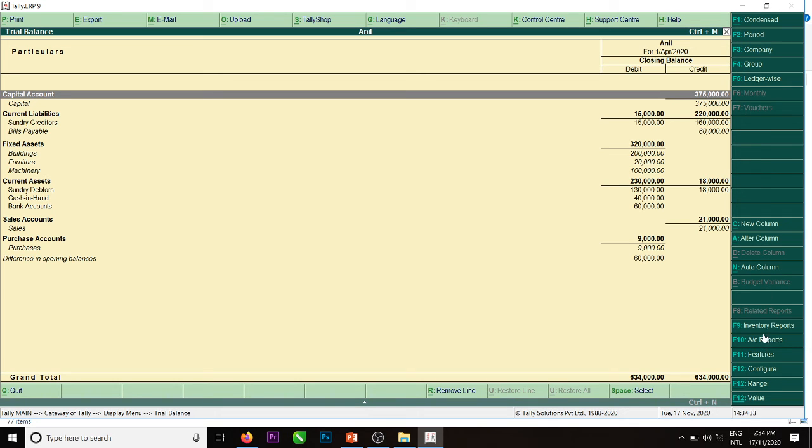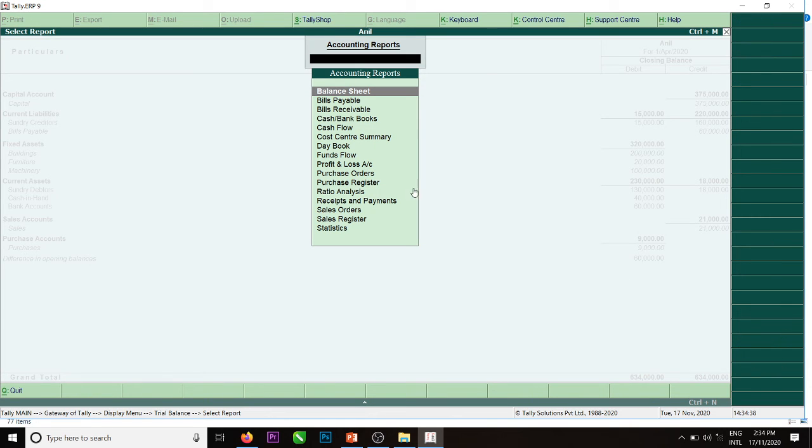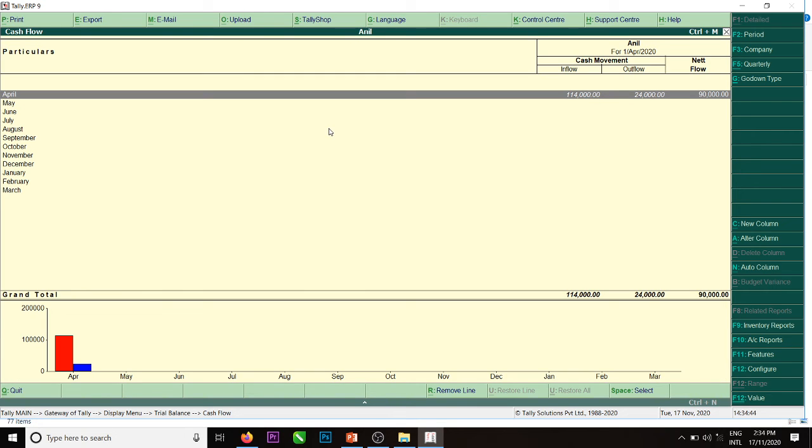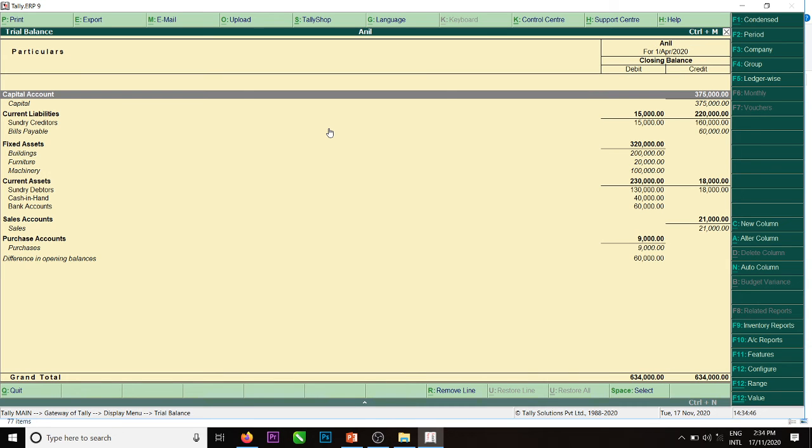Okay, inventory reports, account reports. Which account report is needed? Cash flow. Enter. Right.